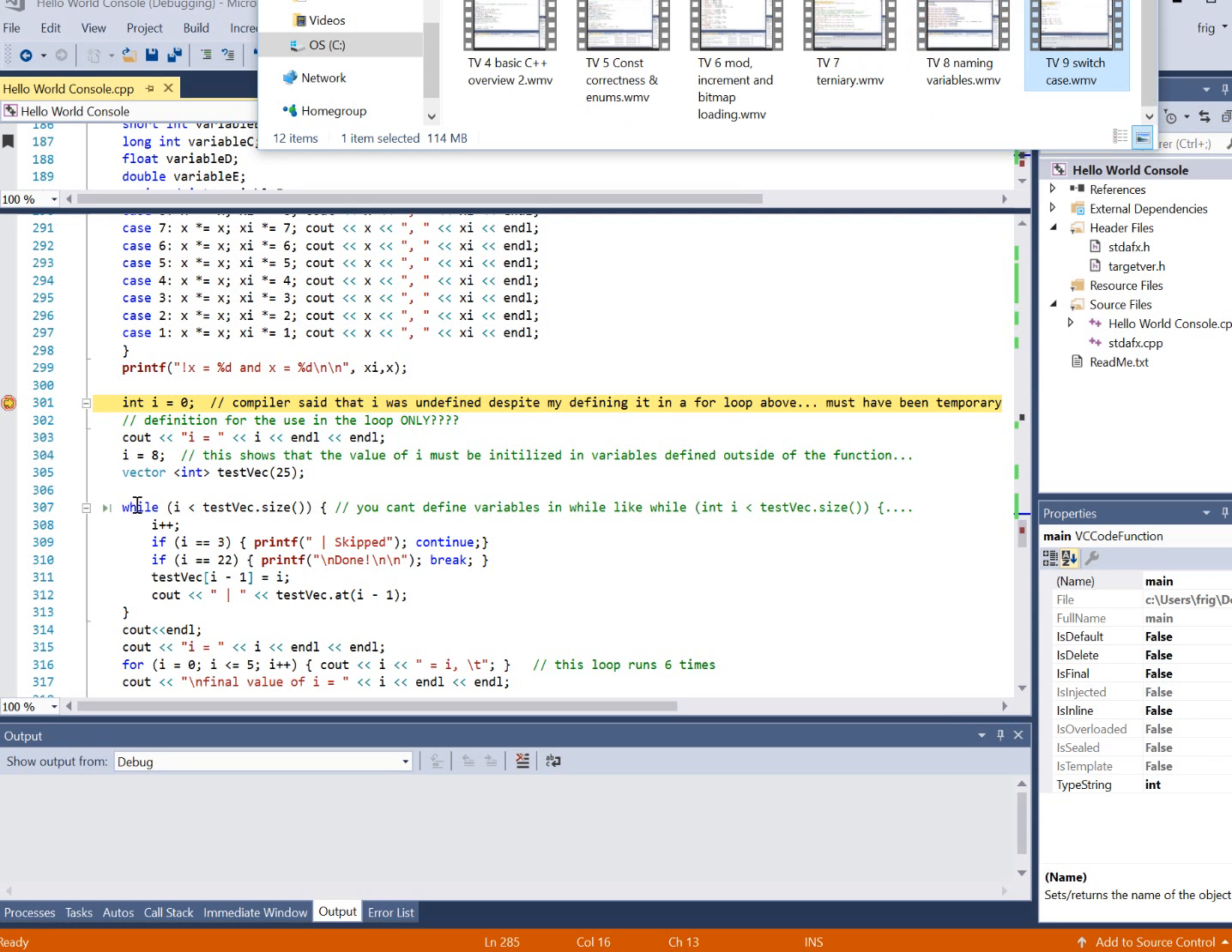Okay, here's an example of a while loop. While i is less than testVec.size, it'll execute this loop over and over and over again, and we're incrementing i in it. Now, if you don't have conditions that lead to a termination, you can easily create an infinite